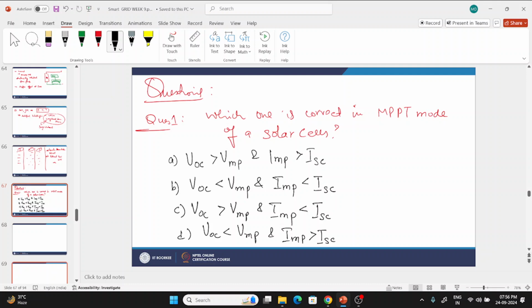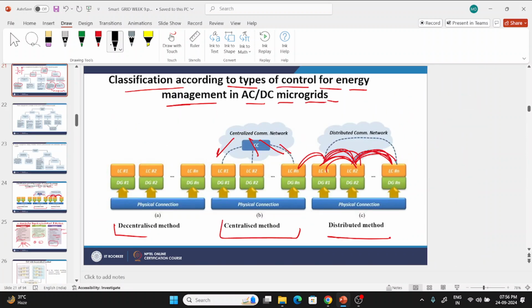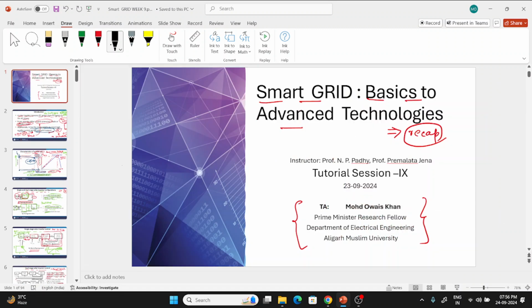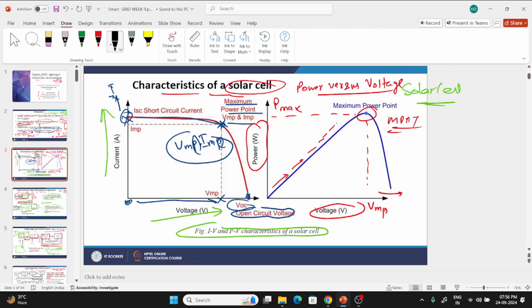ठीक है, ओके, चलो देखते हैं क्या है। देखो, शुरुआत में मैंने एक ग्राफ बनाया था which I think you will see here. देखो, ये ग्राफ है, ठीक है। इसमें यहाँ पे मैक्सिमम पावर पॉइंट ट्रैकिंग हो रही है, ठीक। तो VMP क्या है, ये VOC ये है। तो हम क्या कह सकते हैं कि VOC ज्यादा है, ठीक है ना। VOC ज्यादा है VMP से, एक तो ये बात हो गई।